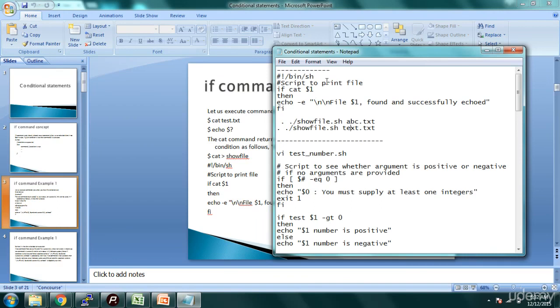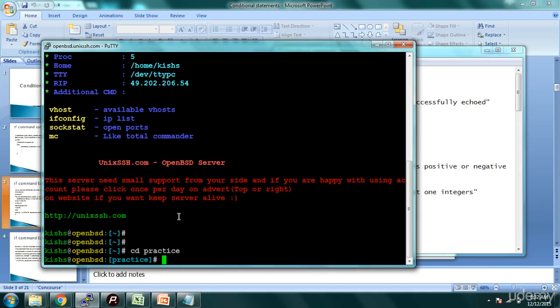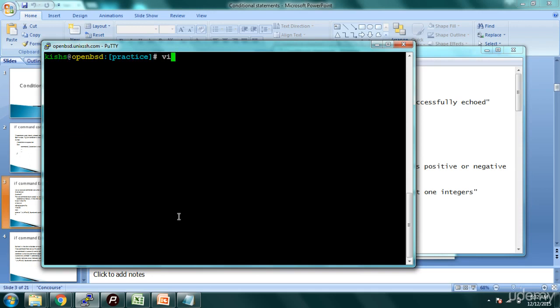So we'll create a file first, as in vi testfile.sh. I'll first clear the screen. We'll do vi testfile.sh.